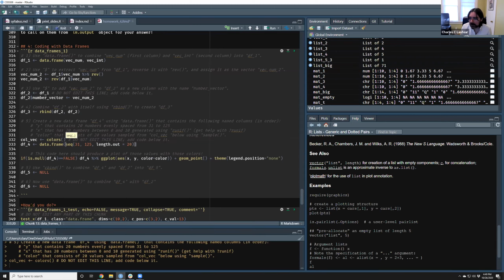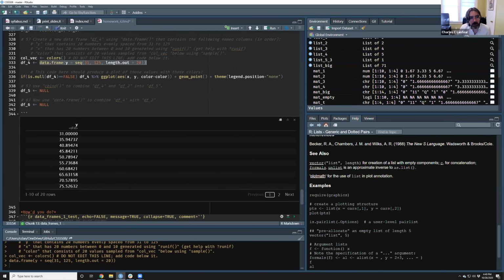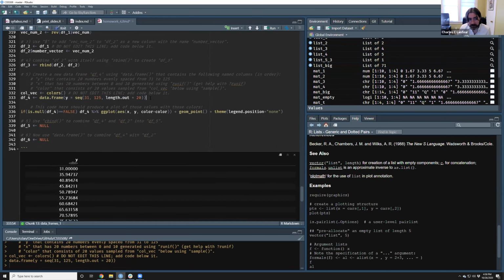And we're going to say that the y variable in here is going to be that. If I run this as a data frame, we have a y column that starts at 31, ends at 125 with 20 rows, because there are 20 elements to the thing we used to create the data frame. Next one.